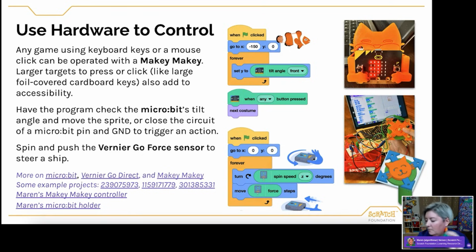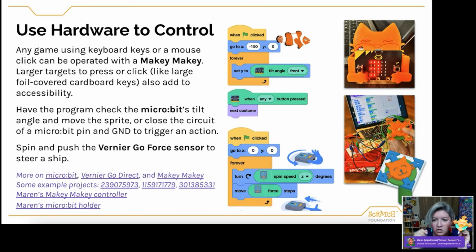Another application that I really love is to think about creating your own game controllers. And so here's an example of a controller that I made for the Makey Makey, where these are all conductive little attachment points where I can connect my alligator clip. And now I have sort of a game controller. I can go left, right, up, or down. And I just use Tinkercad software in order to design this. And then I 3D printed it out.